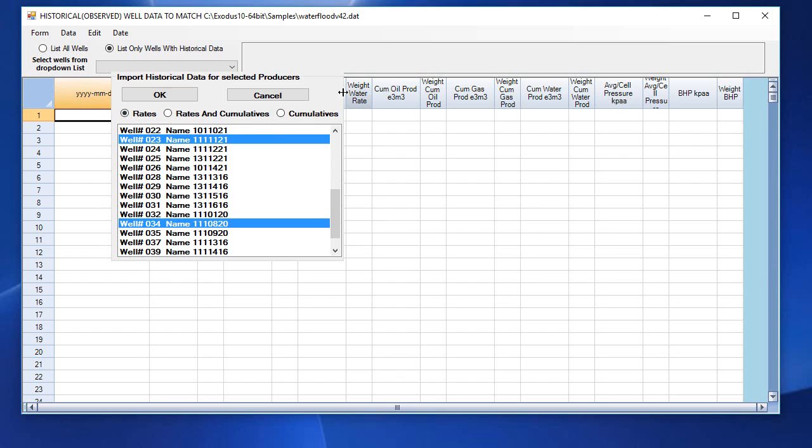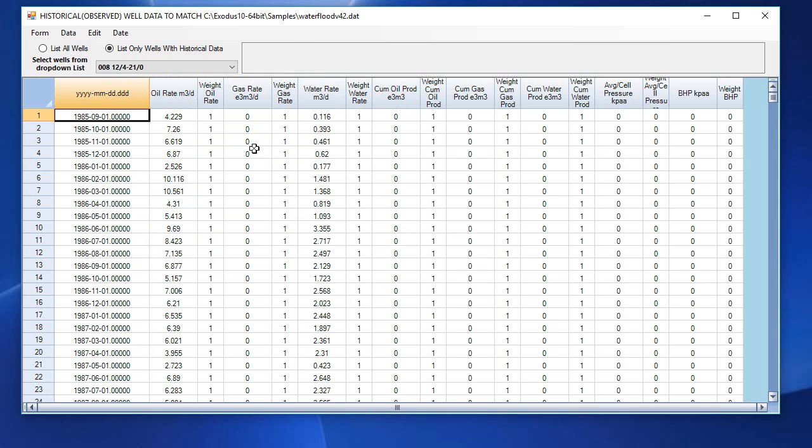I'm going to choose the rates. I can choose any of these, but for this example, I'm going to choose the rates as the history matching parameter. Okay to that, and so I now have 4 wells, number 8, 14, 23, and so on,